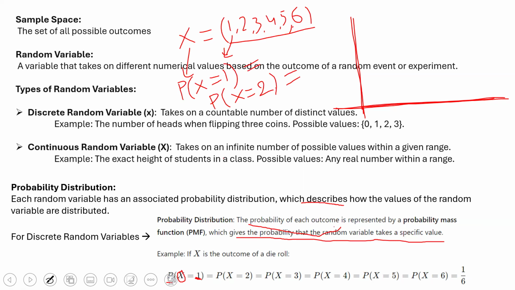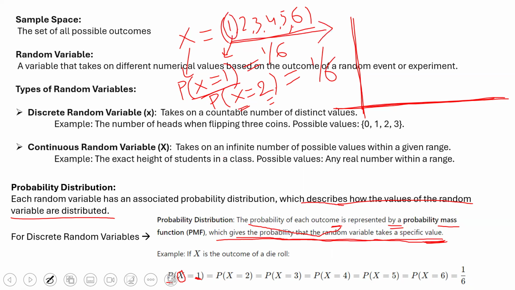The probability of each outcome is represented by the probability mass function, which gives the probability that the random variable takes a specific value. And this describes how the values of the random variables are distributed, the probabilities of the random variable. So the probability of random variable x equal to 1 is 1 by 6. The probability of random variable x taking 2 is 1 by 6, because